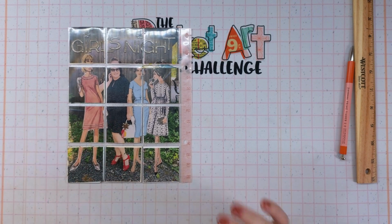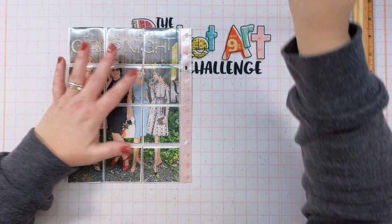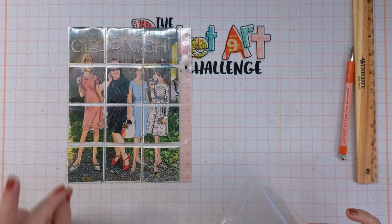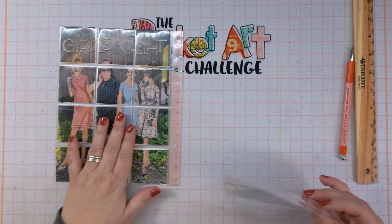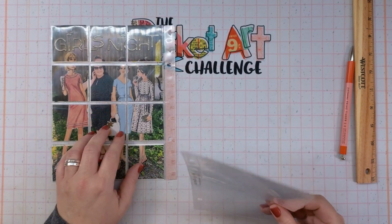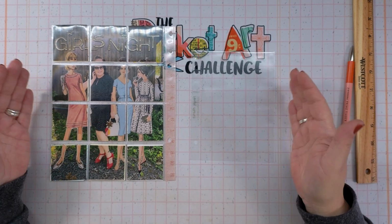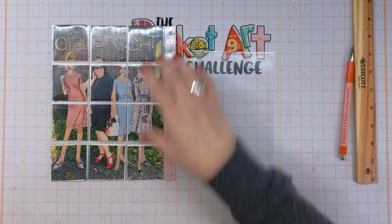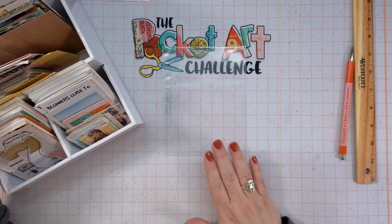I went ahead and chopped this up. So now this particular page is complete, and that was way quicker, way easier than last week. I put so much time into last week's. This is where I want to do something of a shortcut. Now I'm going to go ahead and make another baby pocket to create more of a complete spread. And this is where I am going to pull out my little